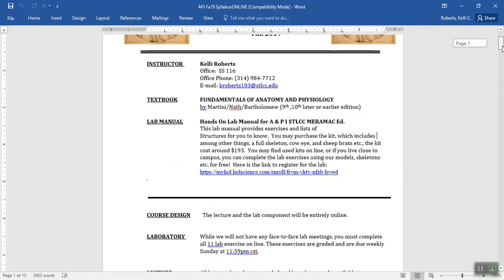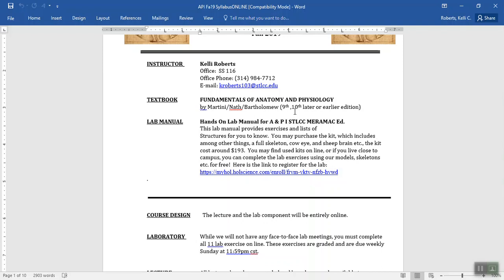Email me. Your textbook, Fundamentals of Anatomy and Physiology by Martini, Nath, and Bartholomew. 9th edition, 10th edition, 8th edition, 6th edition. I don't care, as long as it's the authors in the textbook. What you get in the newer editions of the textbook is that they put fancier new figures in it, and it's a glossier new book, and there's a different person doing a fantastic yoga position on it. So those are some of the things that you're going to pay for. And I think if you use the Mastering A&P, I believe that gets updated, but I'm not using that this